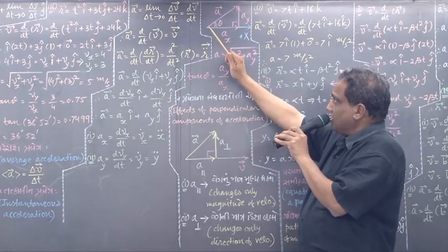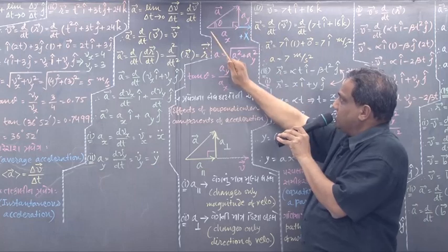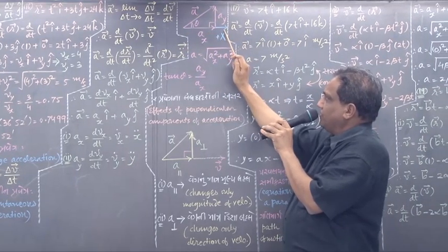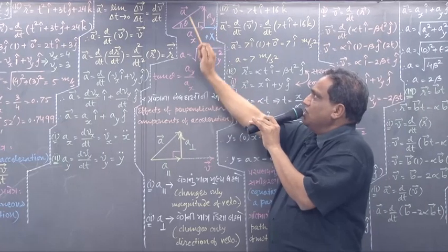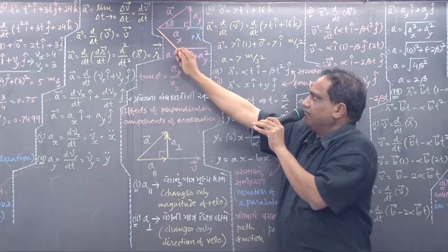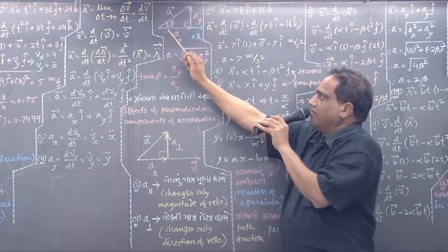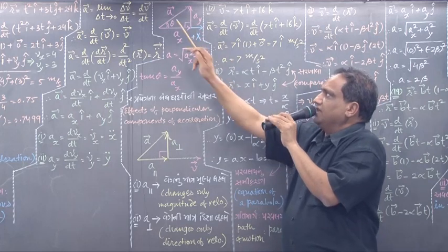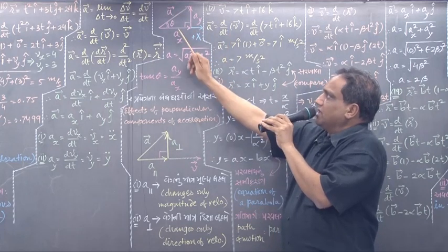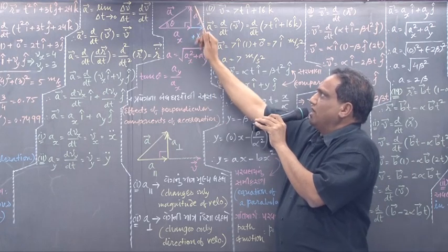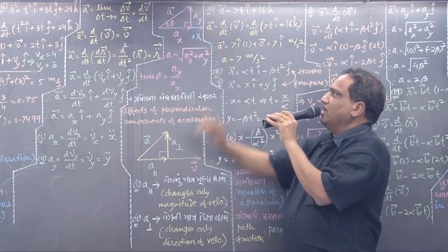Now, say this is the direction of vector A, and say this is the positive x-axis. The angle made by vector A with the positive x-axis I just take as theta. You can resolve this vector into two mutually perpendicular components. This vector plus this vector will give you vector A. This is the component parallel to the x-axis, let it be shown by symbol AX. This is the component parallel to the y-axis, let it be shown by symbol AY.